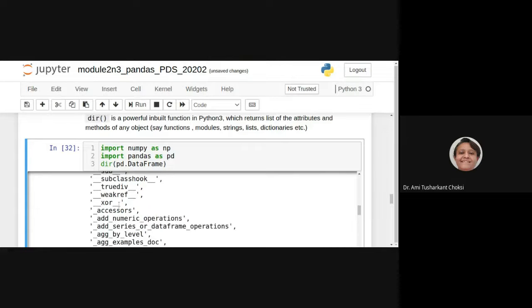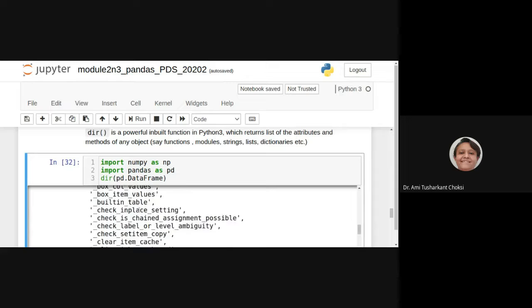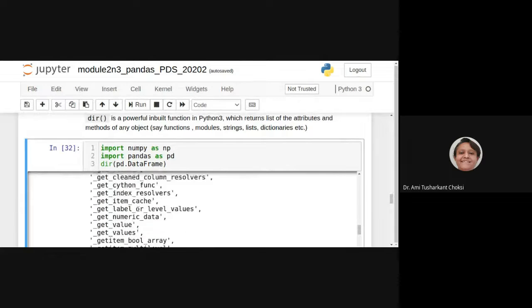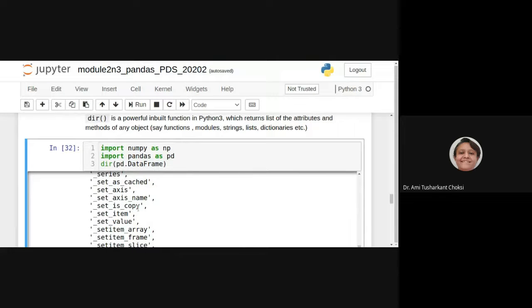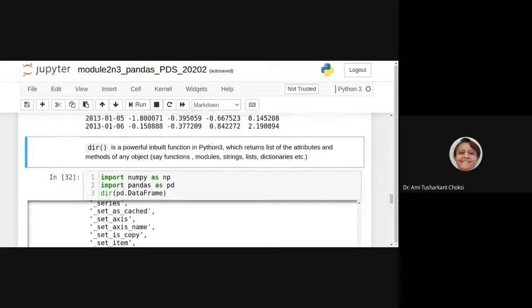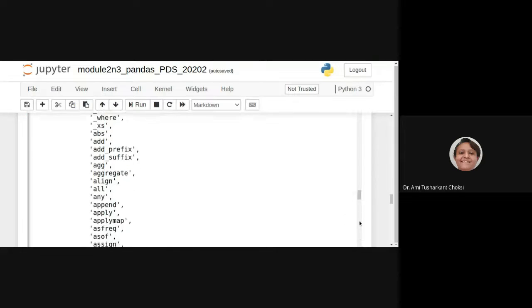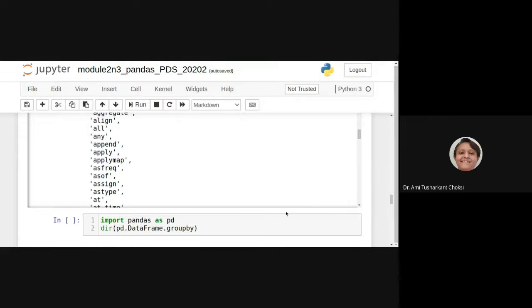Special methods, we can say, isn't it? These are the things which are available with pd.DataFrame. What we can say is it gives us the list of attributes and methods on that object, right? So if I do not know what methods are available for a particular thing, I can use it this way. Fine. Then